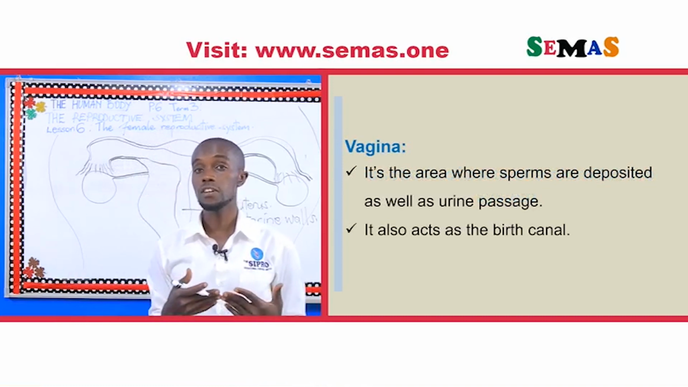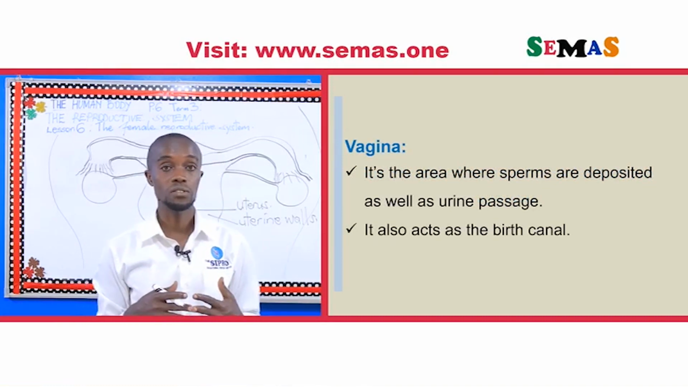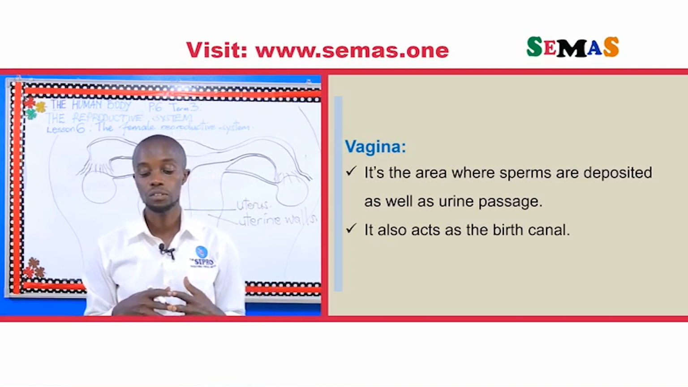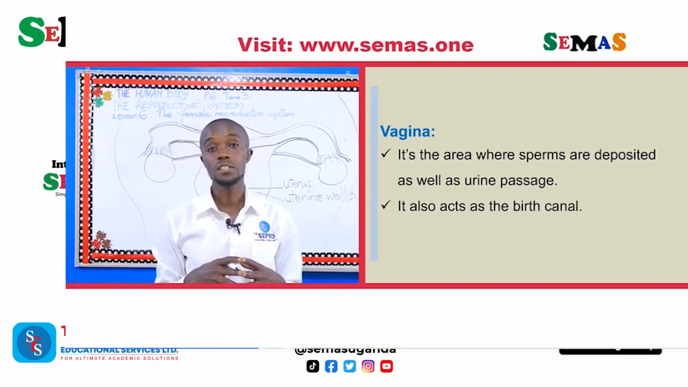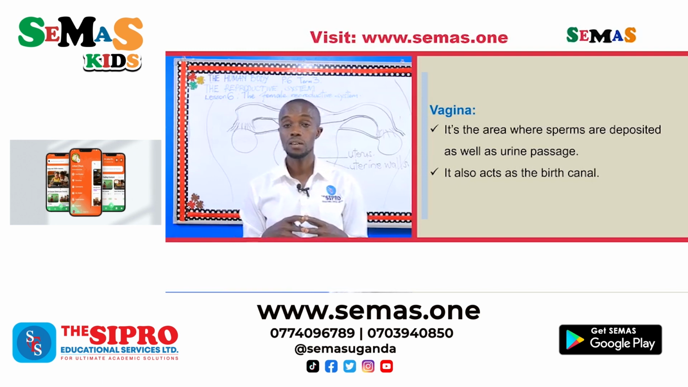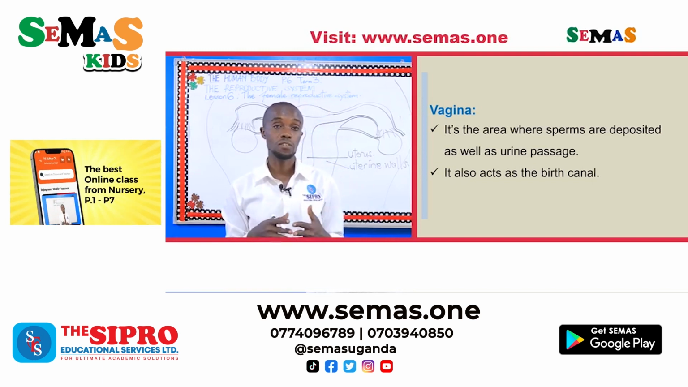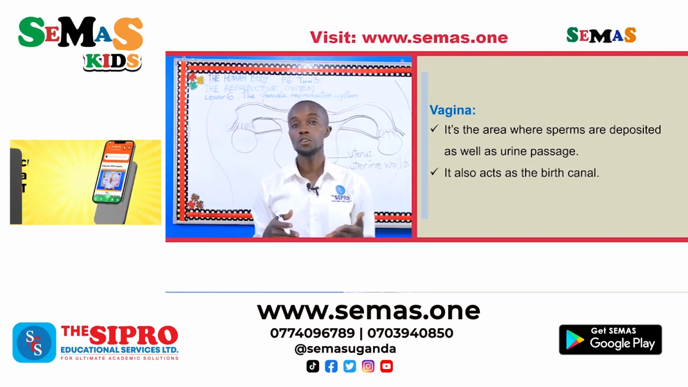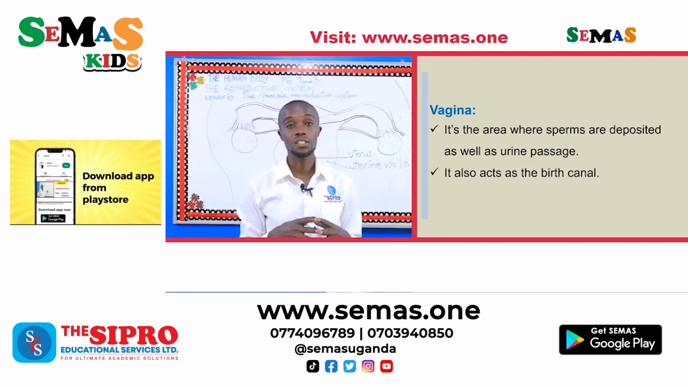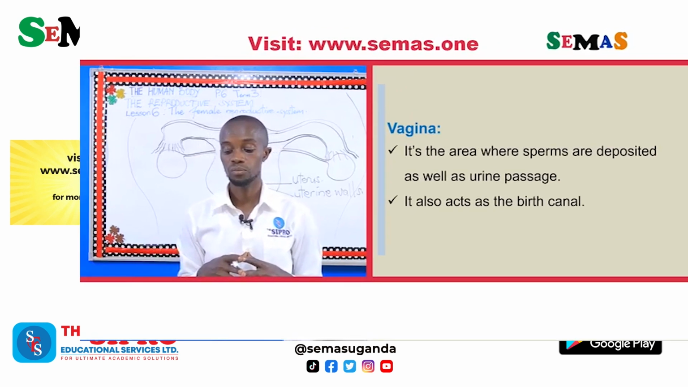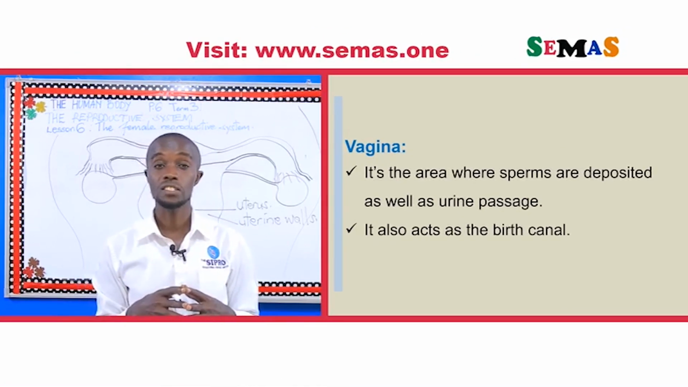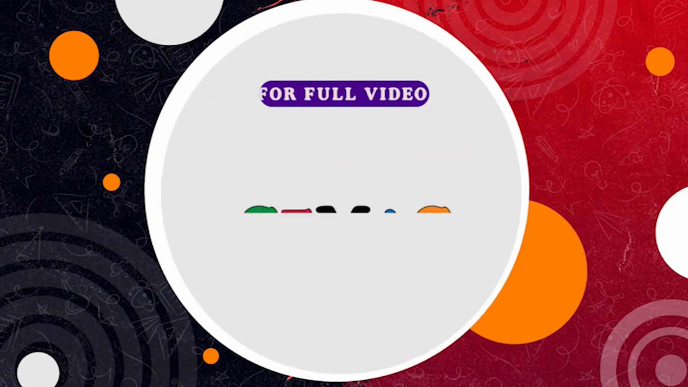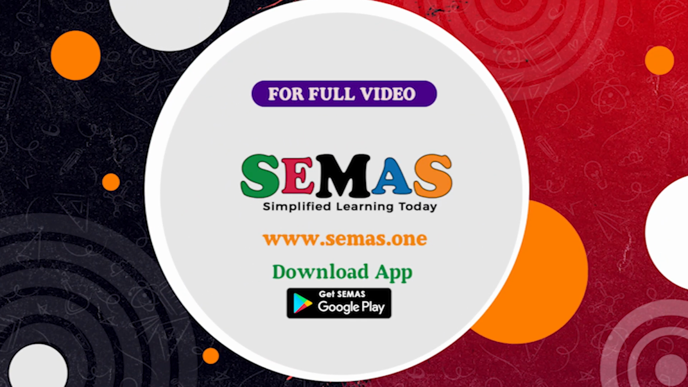Number one, this vagina is an opening on the female reproductive system, and one of its roles is to receive the penis during copulation or during the act of having sexual intercourse. It is the part that receives the penis. Number two, it is the very part which acts as the birth canal. It is where the baby passes during birth. That's why we call it the birth canal. Then we also have to remember that the vagina receives